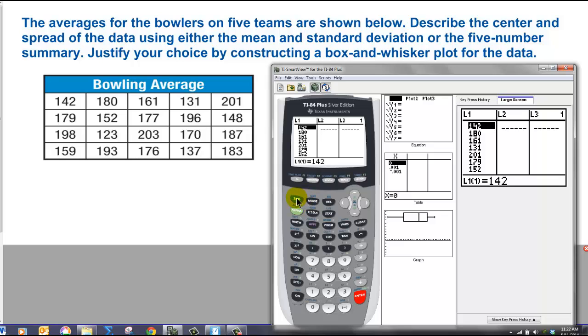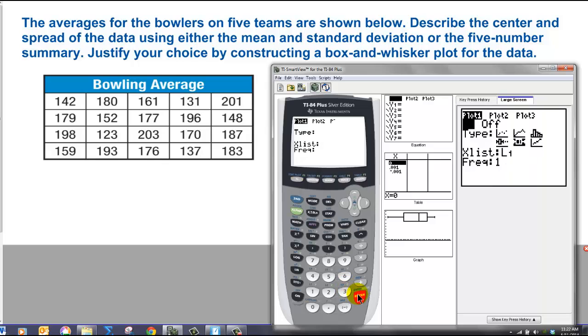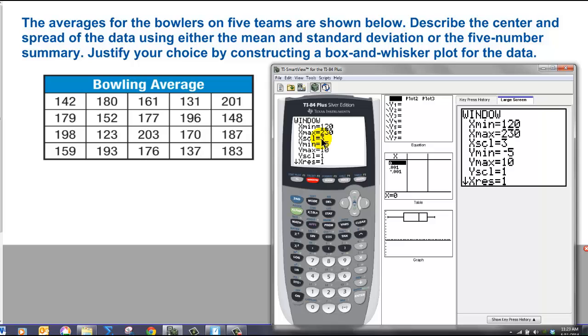Then we'll make sure our stat plot is still on our box and whisker, which it is. From there, we're going to have to set up the appropriate window. Now, you look at your lowest score, which is about 131, and your highest score, which is about 203. So I want my x's to show that range of numbers. So let's hit Window, and I'm going to set my x's from 120 to 230